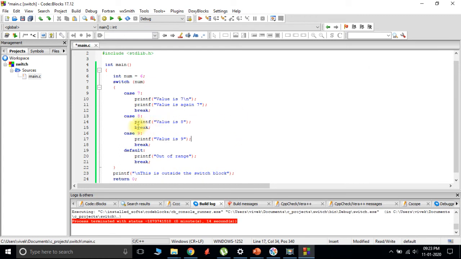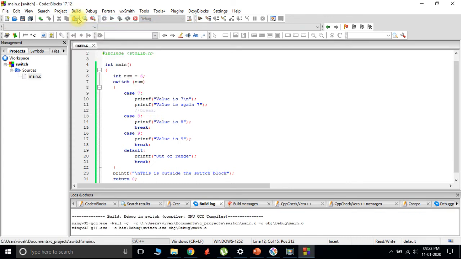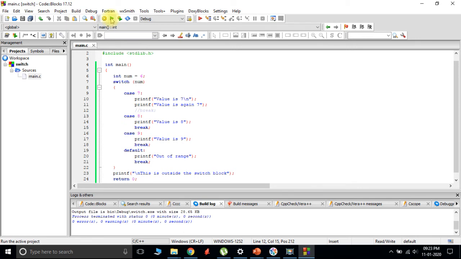Now coming to the break statement that we have here. The break statement tells the compiler that once these two lines are executed, you break out of this whole block and go to the statement after this, that is, go here. So if we don't execute this break statement, so I've just commented it, let's see what happens. Let me give a \n here and build it again.